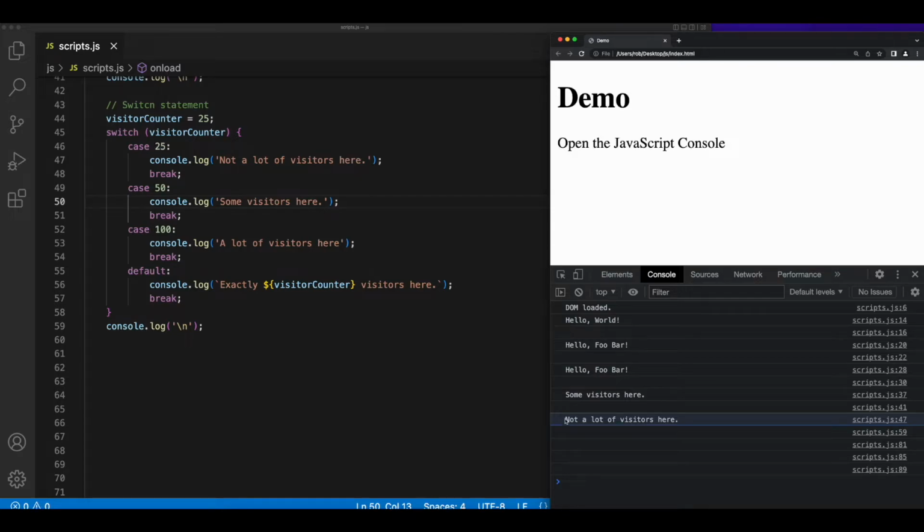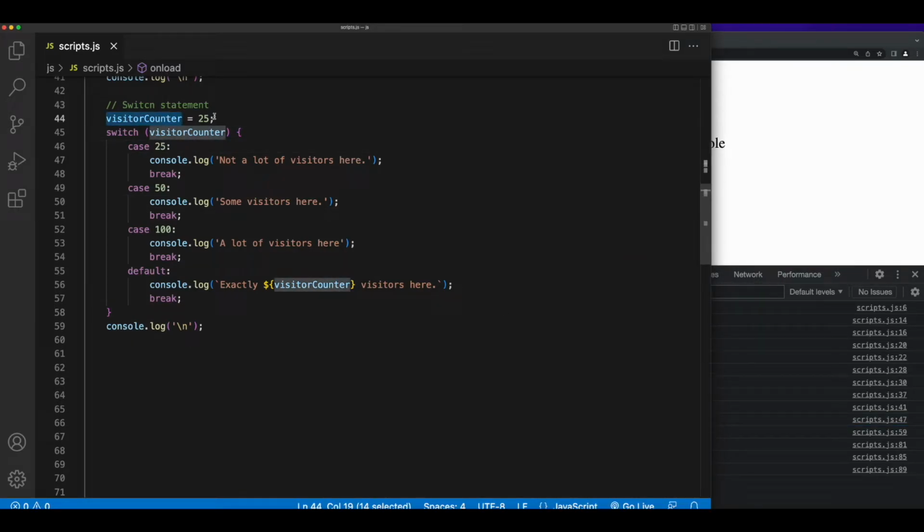So here we see the statement, not a lot of visitors here, which makes sense because visitor counter is 25, we're switching on the value, and we hit the case where the value is 25. Now let's change this to 100, and if we execute this now, we'll come in and we'll check the case at 25. Well, 25 is not equal to 100, so we won't execute this code, and we'll jump down and